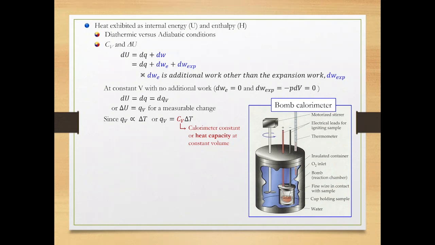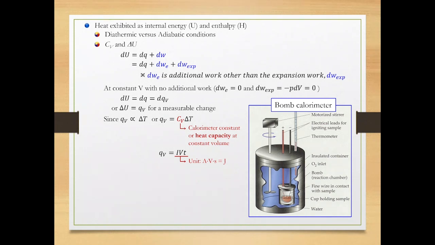Once the heat capacity of the calorimeter is known, you can determine the heat transferred during the reaction using the equation Q sub V equals C sub V times delta T. All electrical energy is equal to heat transferred. That is, Q sub V equals IVt. The unit of current, capital I, is ampere, or capital A. The unit of voltage is volt, or capital V, and the unit of time is second, or lowercase s.